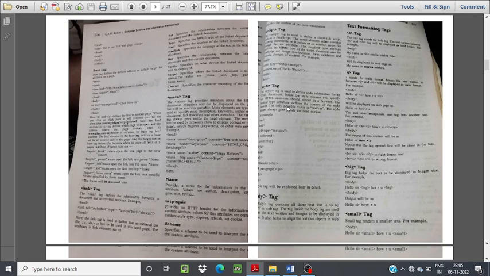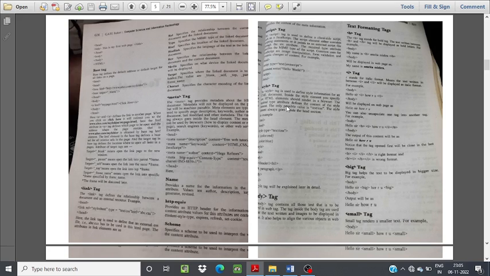So these are the various tags that have been described in detail. Base tag, it defines the default address or the default target. The link tag, so this is the syntax of the base tag. HTML head, and then it will be the body element also. Then link tag, it defines the relationship between the document and resource,